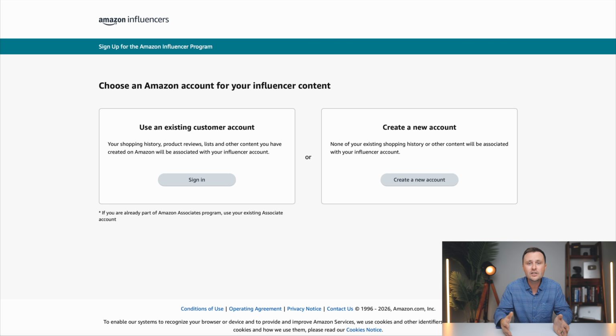Now, no matter which one you choose here, it will then send you through the rest of the application, which are basically just a couple questions asking which country do you live in, just to make sure that Amazon can pay you. How do you want to receive your payments every month? Do you want them to be a check in the mail, Amazon gift cards, or direct deposit to your bank? And then the last question, and this is the big one, this is showing them a social media account that you own so they can vet that you are a real person. This is extremely important. We'll talk about that right now.